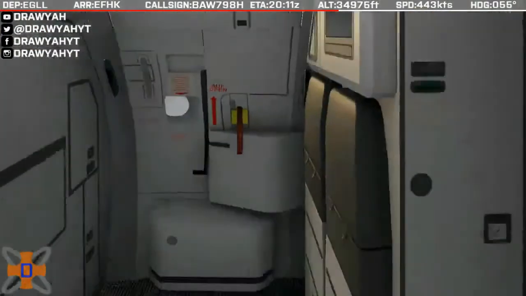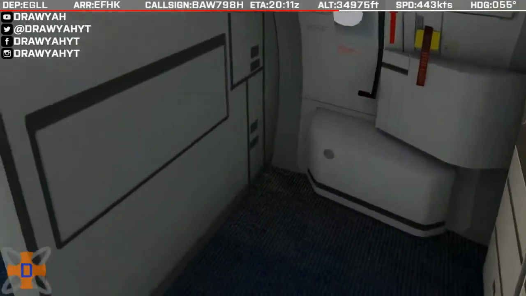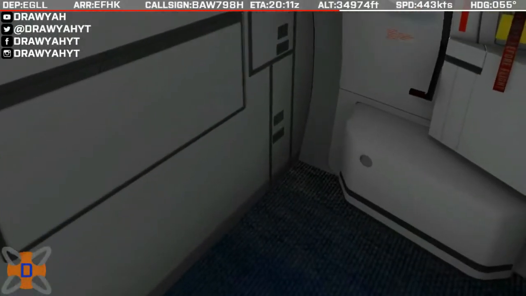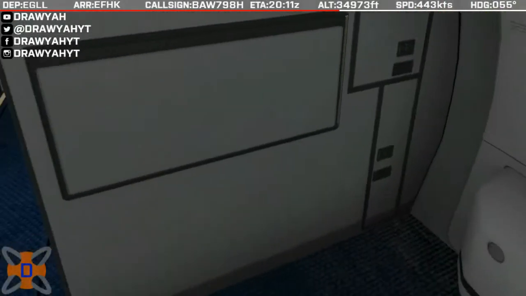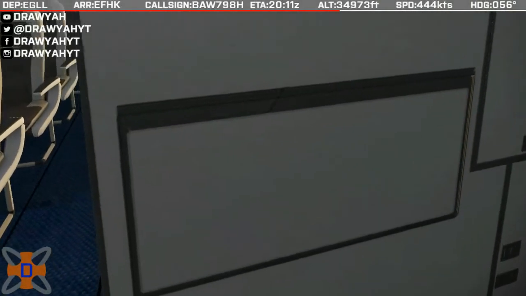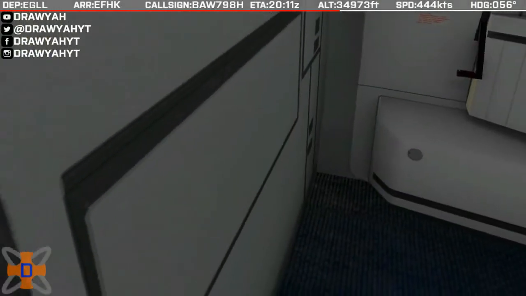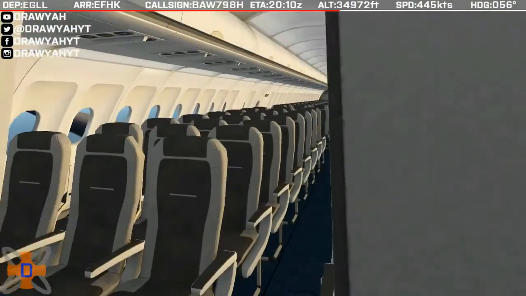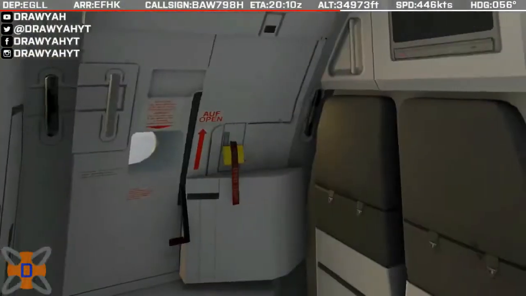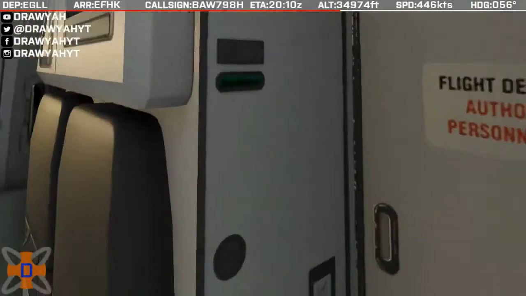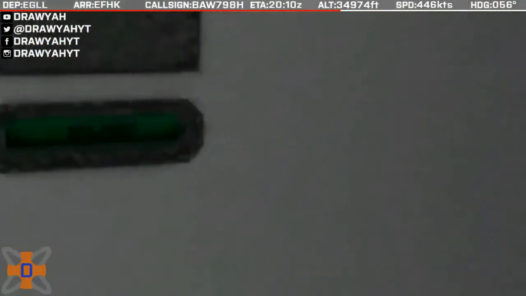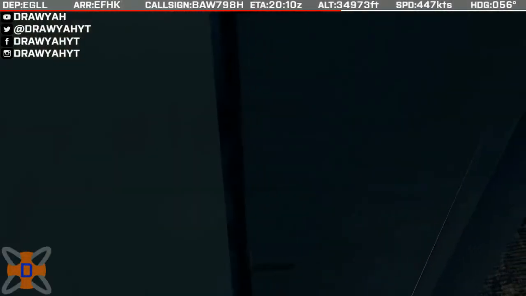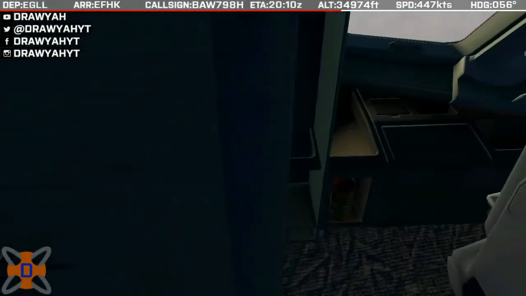Food cabinets. Got a fire extinguisher in there and jackets. A cabinet in the bottom, I believe it's like a little table or something, just something to put your stuff on during the flight. And of course, got your exit. And you've got your toilet in the front as well. So one actual toilet modelled. We do have a toilet in the aeroplane, and then that goes almost into the back of the aeroplane